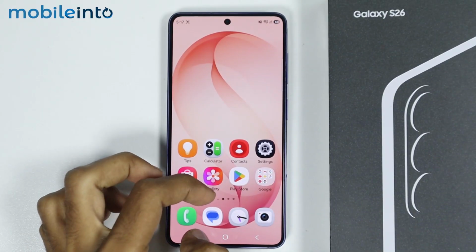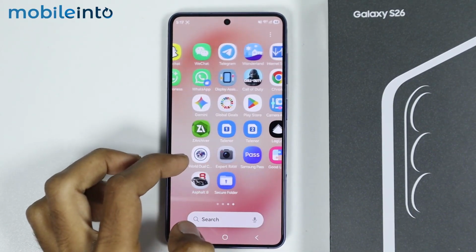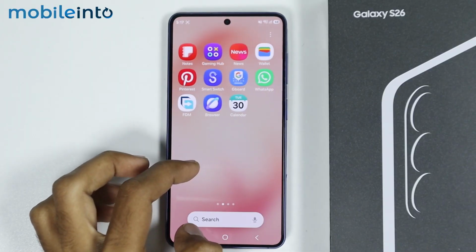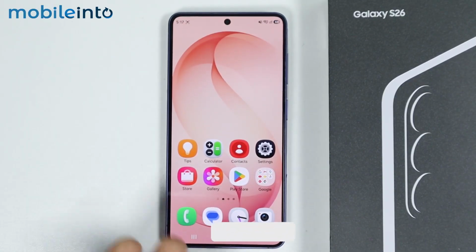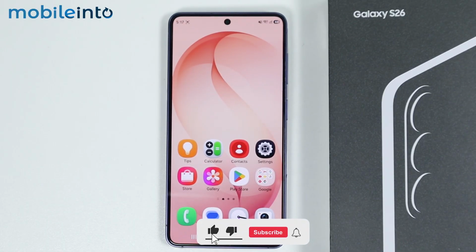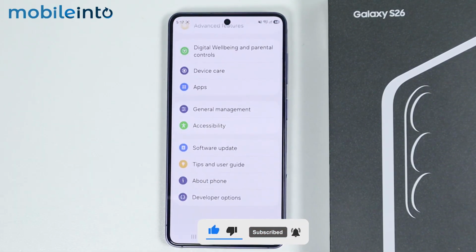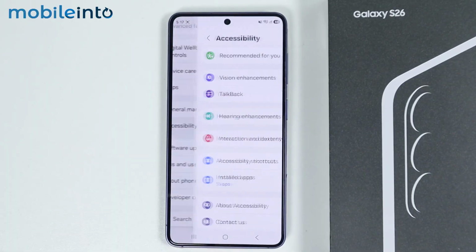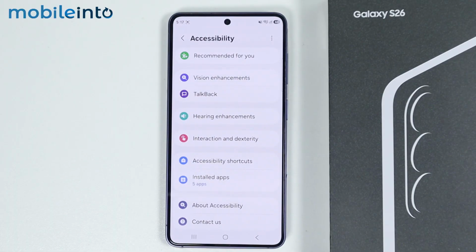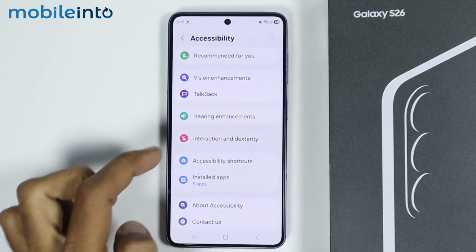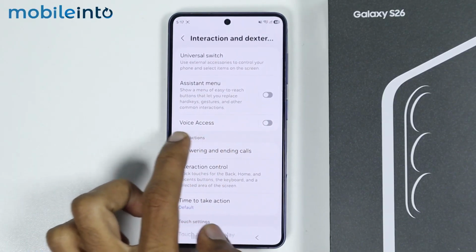In this video, I will show you how you can use voice access to answer or end calls on your Samsung Galaxy S26, S26 Plus, or the S26 Ultra. Now to do that, just go to Settings, and under Settings, just scroll down and tap on Accessibility. Under the Accessibility settings, just tap on Interaction and Dexterity, and on this page, you will find the option for